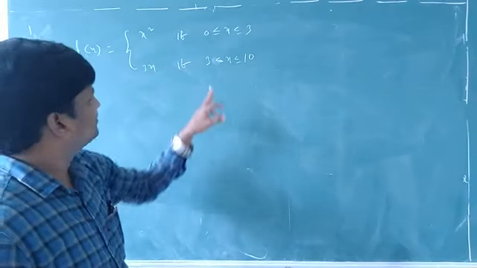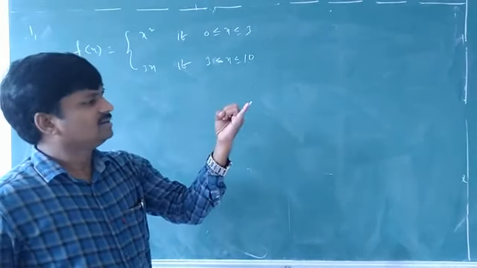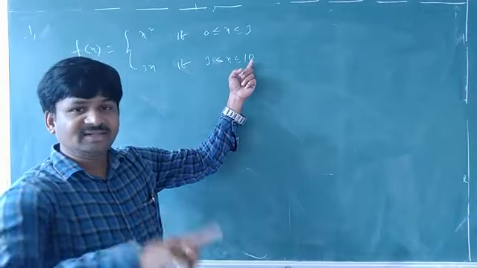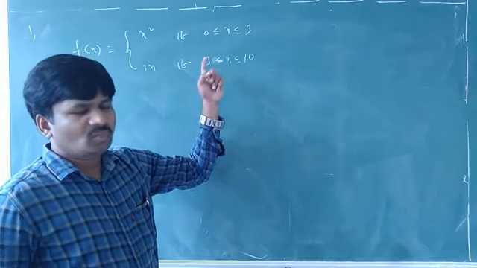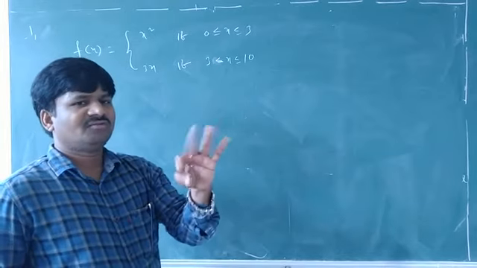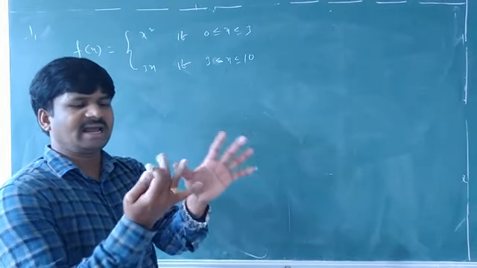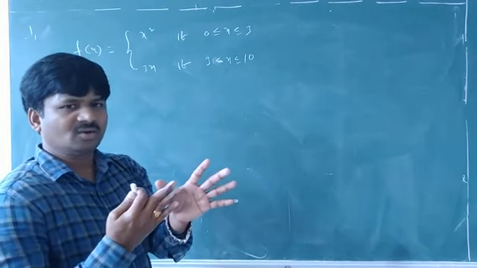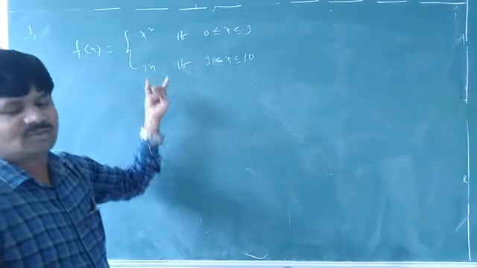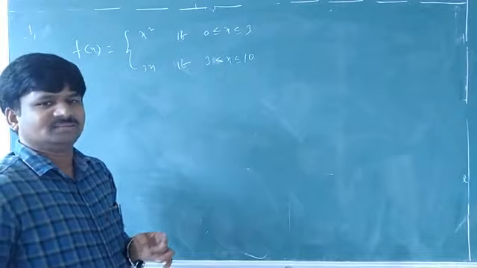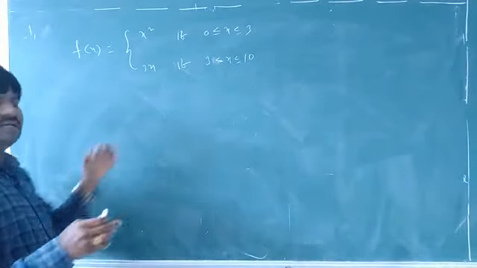Understand? Yes. Suppose x values are between 3 and 10, including 3 and 10, since equal is there. So what are the x values here? 3, 4, 5, 6, 7, 8, 9, 10. For these values, what is the function f of x we have to take here? 3x we have to take. Just to see how we will write. So it is about this function.